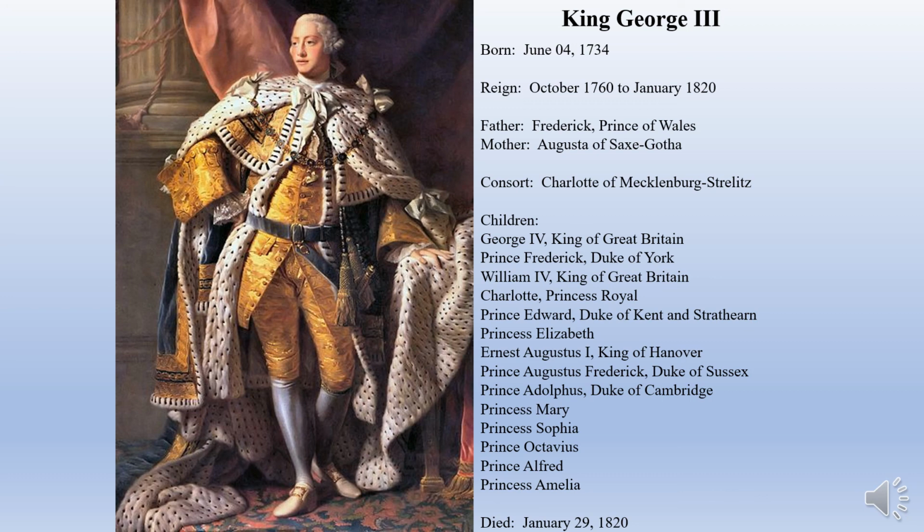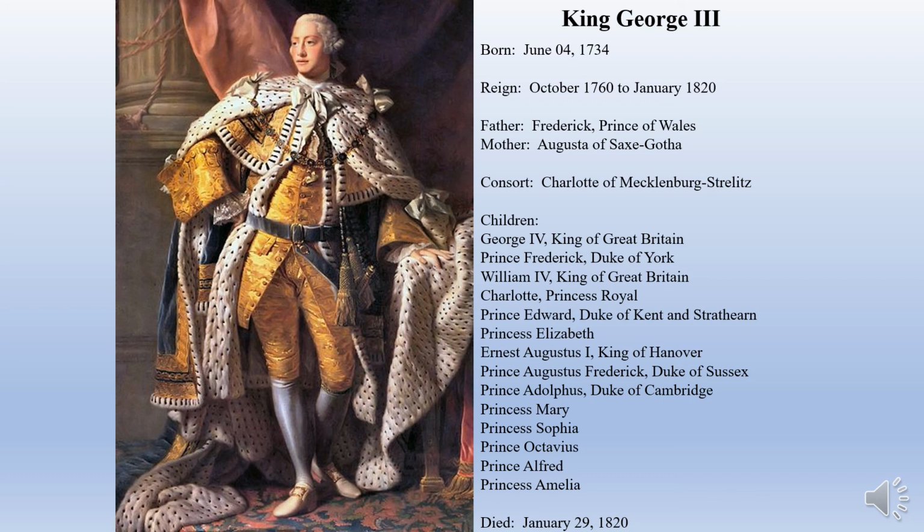He was the son of Frederick, the Prince of Wales, and Augusta of Saxe-Gotha, the grandson of King George II. And his father dies just a few years before his grandfather does. And that means that the grandson will immediately succeed the grandfather instead of having the father succeed his grandfather and then him succeed him. Now, George III was a very young man